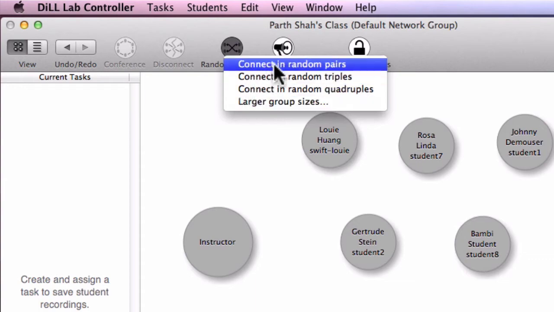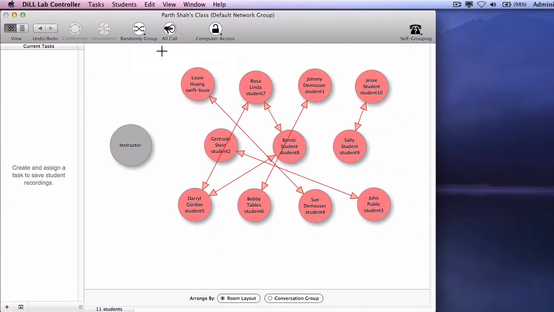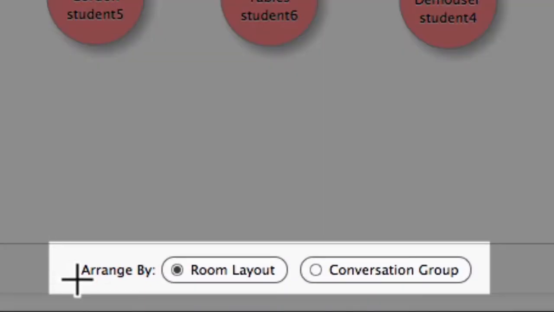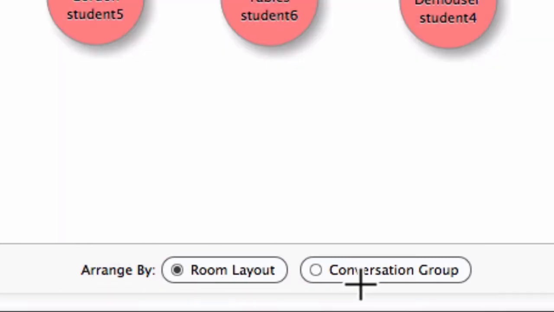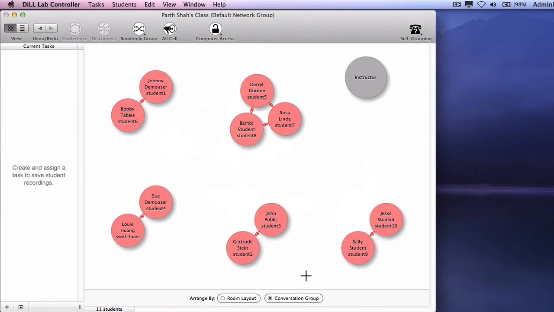So let's see what it looks like. Again, it's really tough to see who's talking to whom. Is Louis talking to Sue? I'm not really sure. At the bottom, you'll notice that there's an option to arrange the classroom by the room layout or conversation group. When I click the conversation group, you'll notice that my group students are neatly organized adjacent